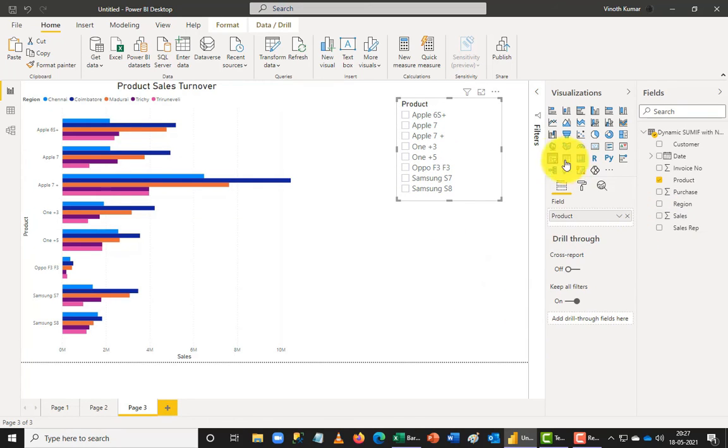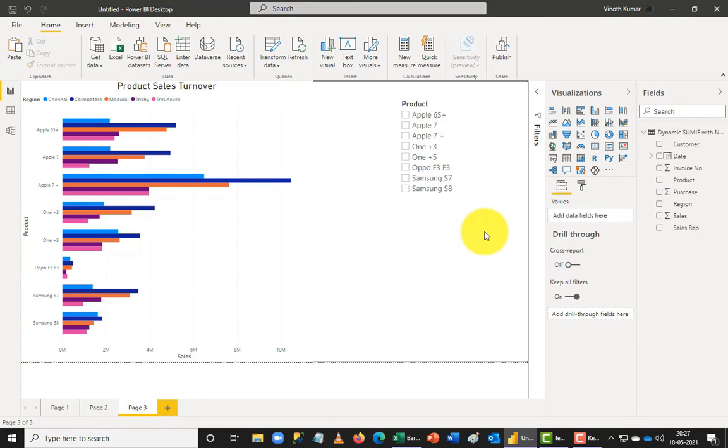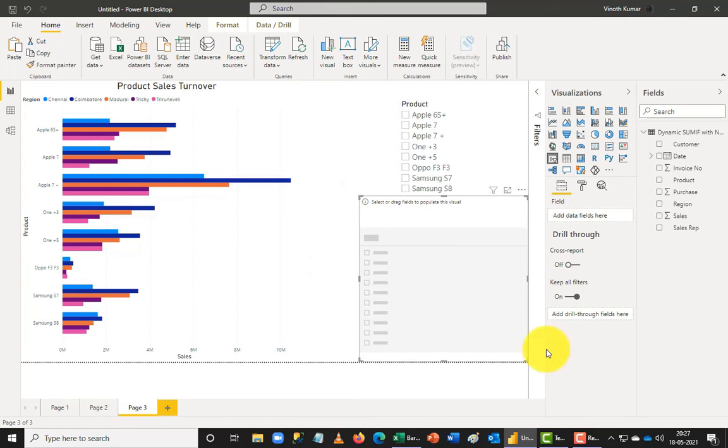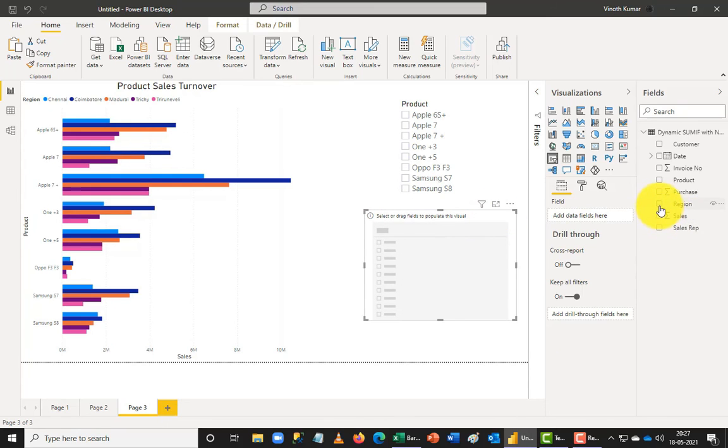So let me add one more slicer to my list. Let me click outside the canvas, add a slicer, so it gives you a slicer onto the screen. So I'm going to make them a little smaller so that I can add what I exactly want. Then I can set up the point. I'm going to add the region here.